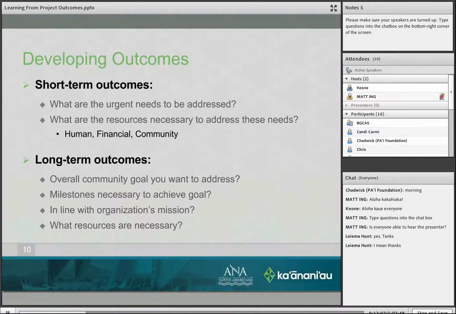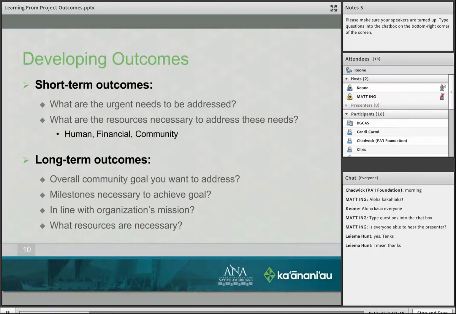Now, in many communities, there are many, many different urgent needs. And all of those things are important, but you don't want to spread yourself too thin. And so when you're developing short-term outcomes, please try and focus on one or more of those needs that has to be addressed.